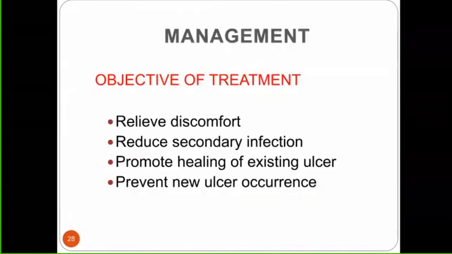So now what do we do? We have seen ulcers of so many conditions. We know there is possibility of so many etiological agents with abscess also. Even if we don't know that etiology, we have to provide management because the patient is in pain. Pain is a major characteristic. Okay, so first we have to relieve the discomfort, reduce any secondary infection which could occur in this area. You have to promote the healing of the ulcer, and you have to lessen the recurrence of new ulcers. So these are your 4 aims.